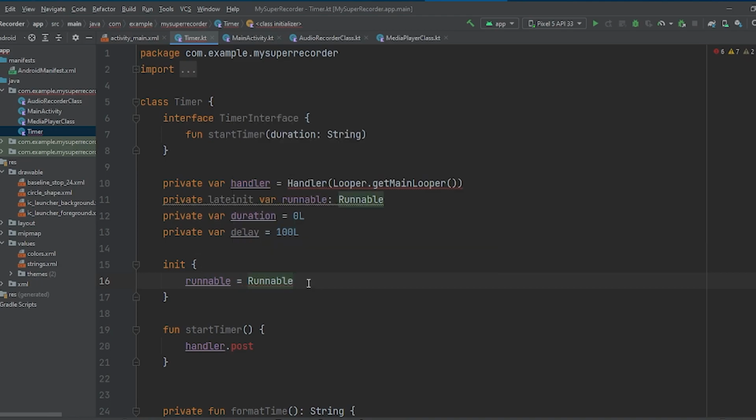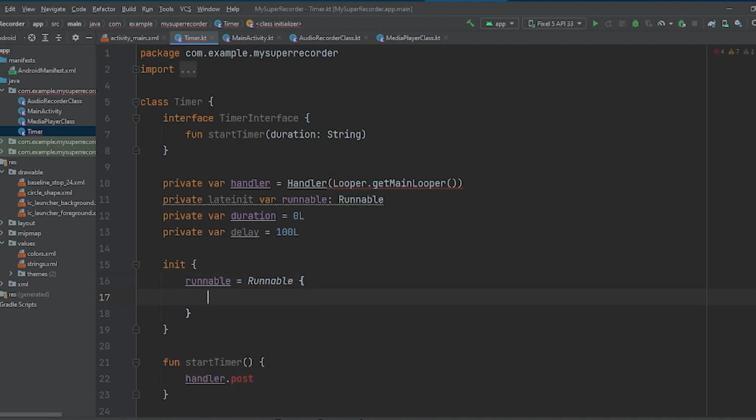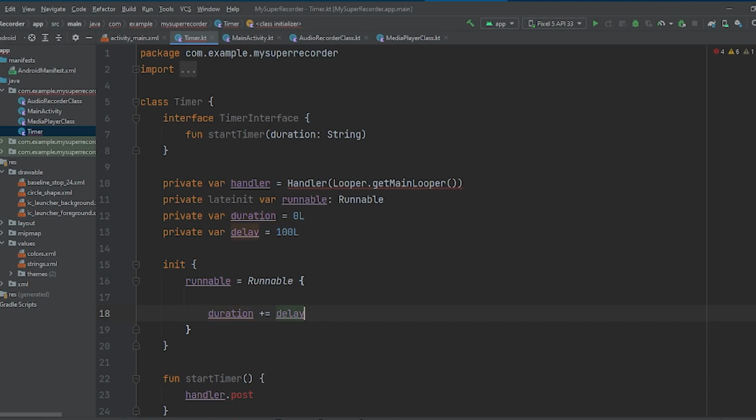So right here, and then we will change our duration plus assign the minimal step is our delay. Okay, and then use handler